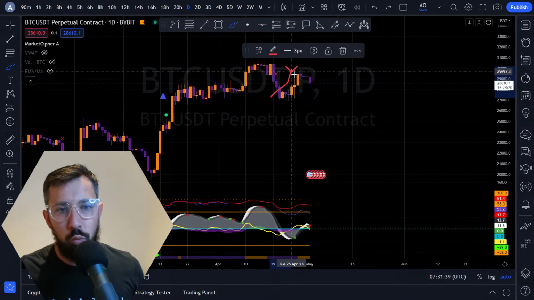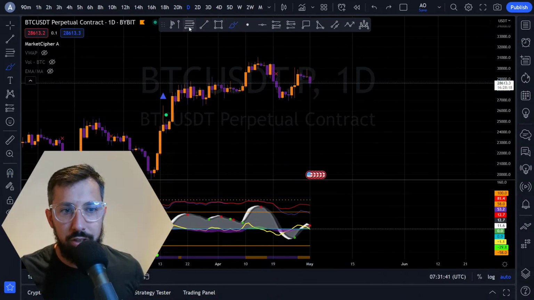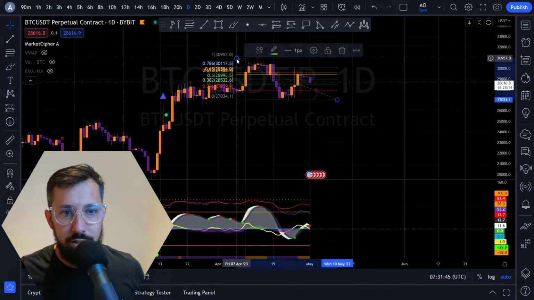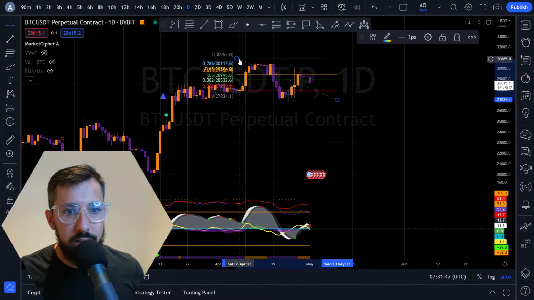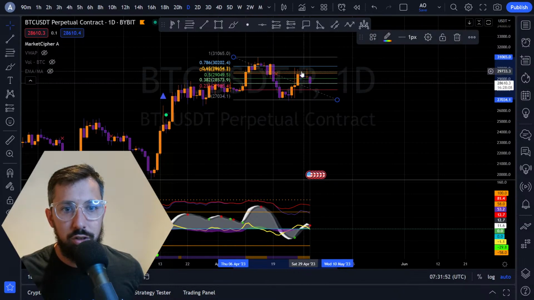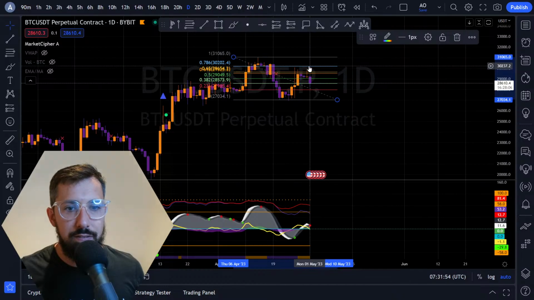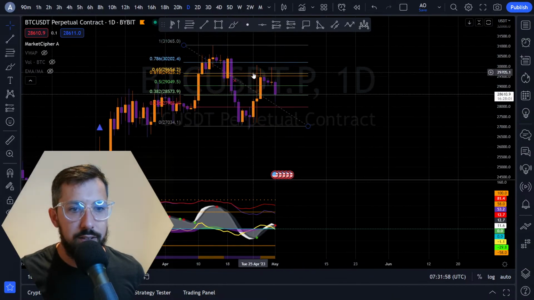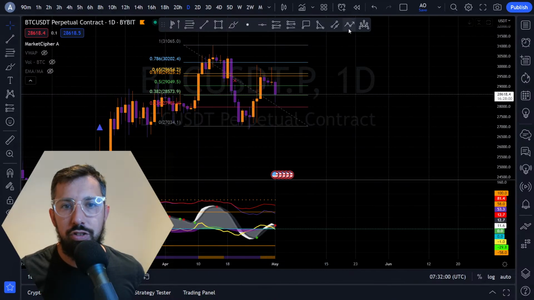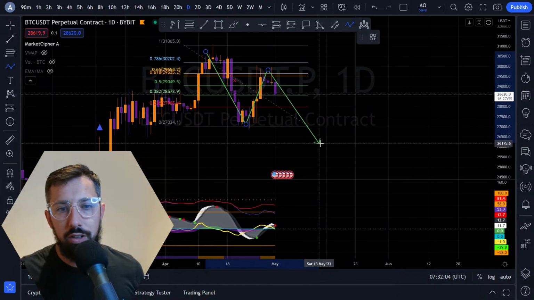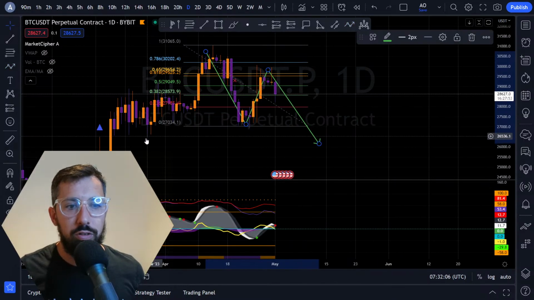Okay, so we've had this wick up here. It looks like exhaustion to me, okay? On the daily here, we pull a fib. We can see for this range, this thing needs to go away. Look at this. Resistance, golden pocket, 0.786, right? This is very key resistance. If we're having a healthy retrace, we are going to look for a continuation along this. So we're looking for a lower low right now.